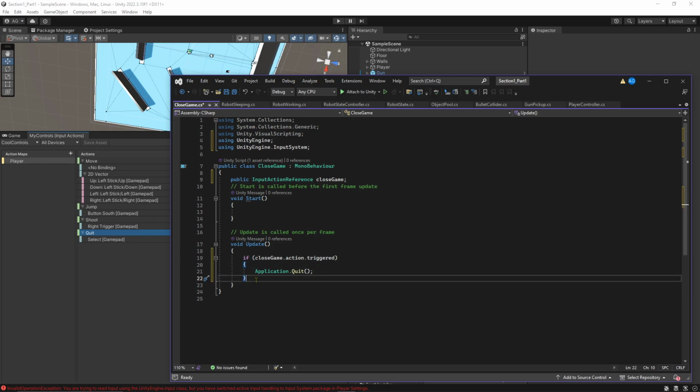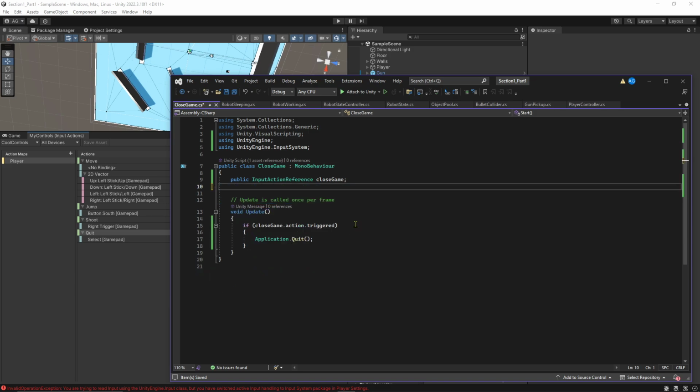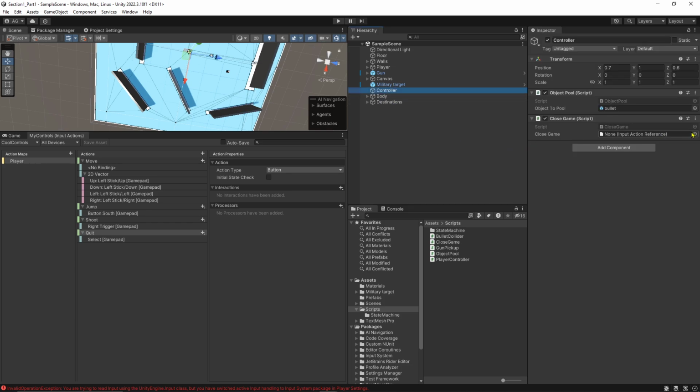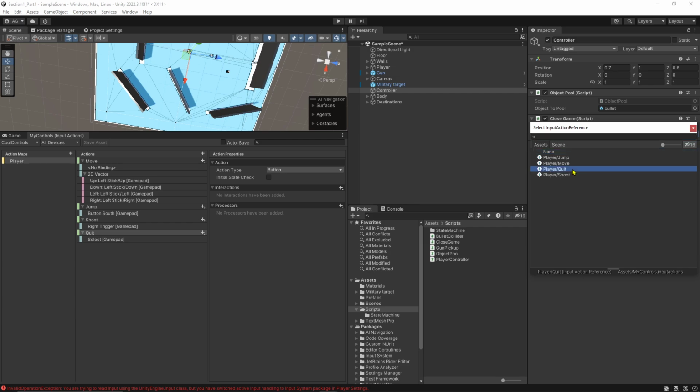I am still learning the new input system. It's not something I learned originally as a part of GIMM, and I've always hard coded everything, so I'm liking it, but I'm still getting used to how it runs. Okay, so now I have this. Let's just take this off because it doesn't matter since we're already here. All right, we need to remember to go in to controller, close game, add quit,